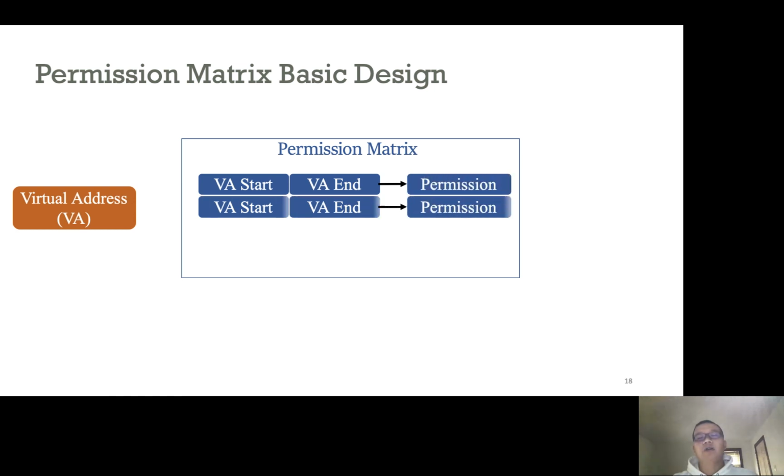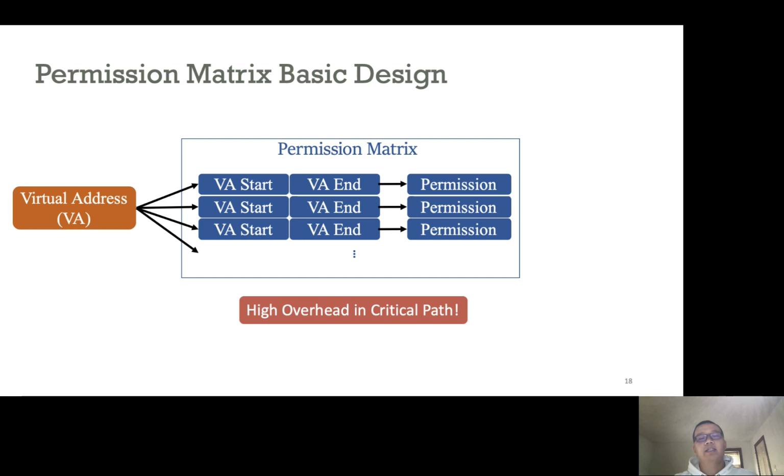There are several entries in the permission matrix, and the virtual address needs to be checked against all of them to find a match, so it will incur a high overhead because the permission matrix check is on the critical path. Even several cycles of overhead is critical. Even though we can use content addressable memory, the speed is still slow. To solve this problem, we propose